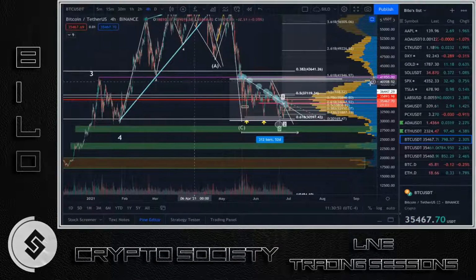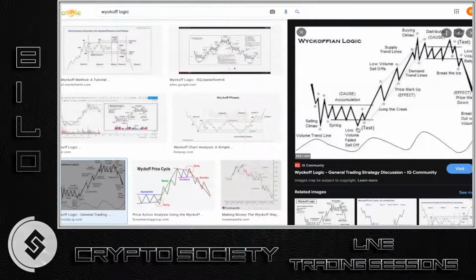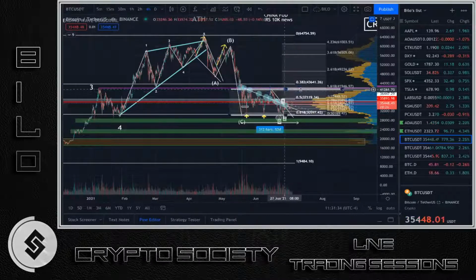Okay? And what's even more exciting, from a bullish perspective, is if we go back again to the Wyckoff, we said that this was 0, right? This was 0. This is 1. Sorry. This is 0. This is 1. Can you guys see the screen? I hope so. This is 0. This is 1. This is 2. And I just said that wave 3 should be somewhere here. That's what I just said. Okay? This line here is 1.618, right here,